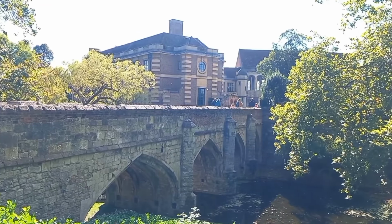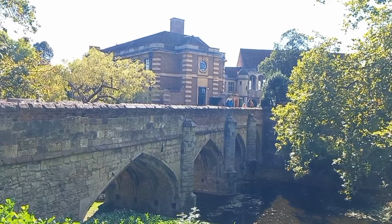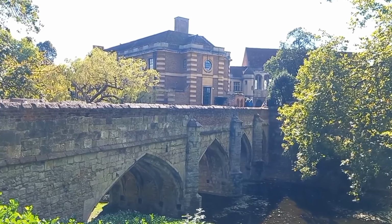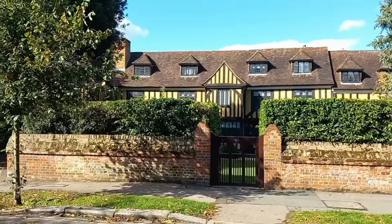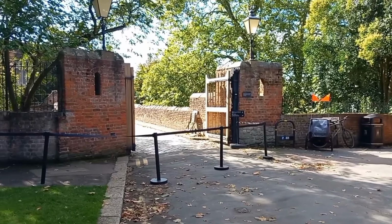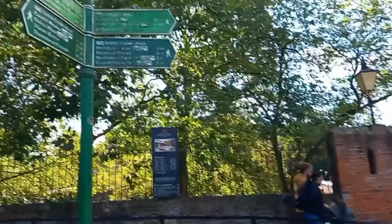So Eltham Palace was once a royal palace. In fact, Horn Park, where we were earlier, was part of the deer park attached to the estate. I love the Tudor framed building over there as well. We're not going to go in and see Eltham Palace properly. It's part of English Heritage, you do have to pay to go in, and we're focusing on our walk, but